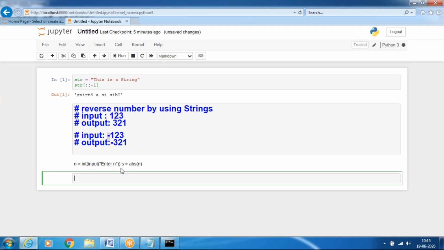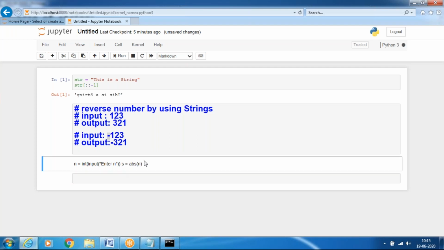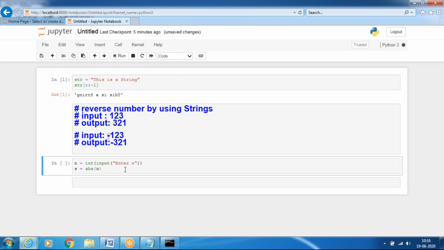Sir, keep it in code, sir. Okay, it is okay, marked out. Control enter. It is running. Its star indicates that it runs.